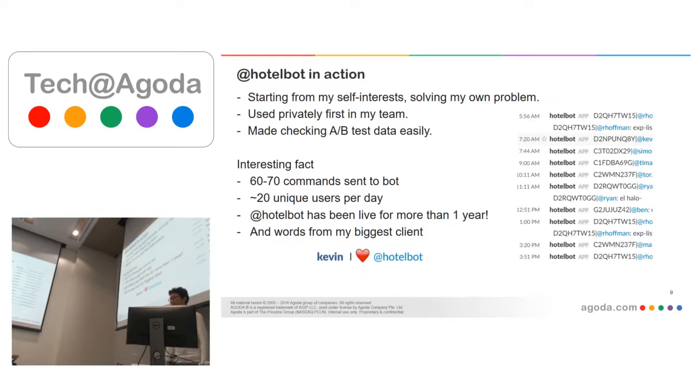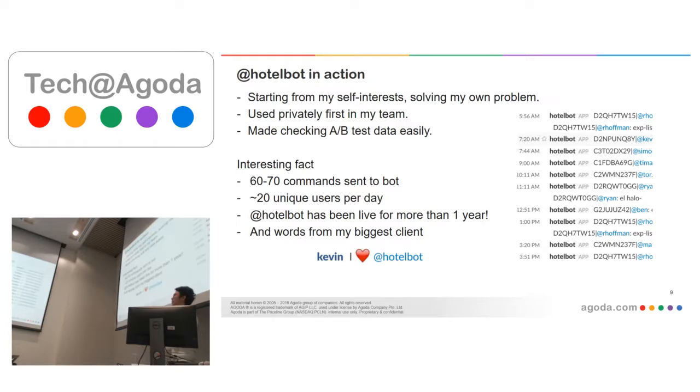But one annoying thing is that I have to use my Agoda company laptop and VPN first to get into the internal network, and then I have to open the back office login, to check just one data point, like the percentage that this piece of code does, something like that.